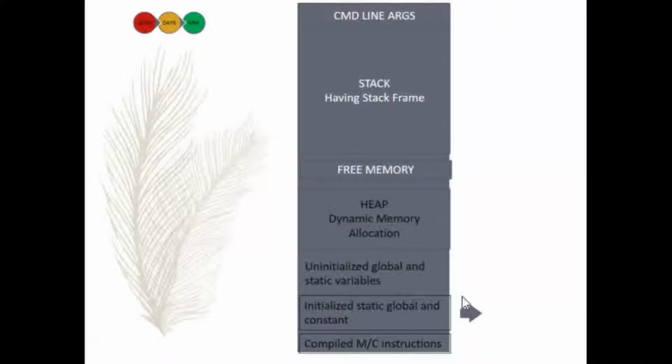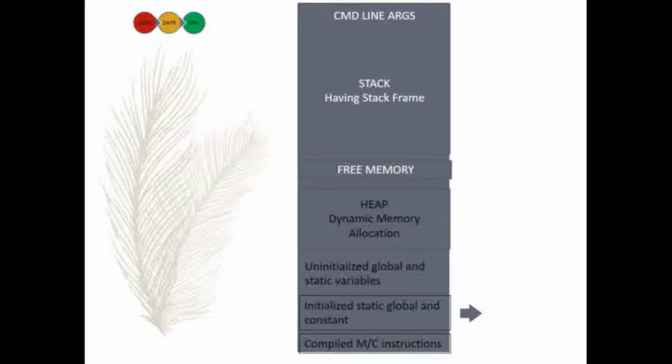Data segment contains initialized static variables, static global variables, and constants. That is, variables that are not declared inside any function and are available and accessible throughout the lifetime of the program under execution. It is further divided into two segments. Initialized read-write area, which contains initialized variables that can be manipulated during the program. Second part is initialized read-only area, which contains initialized variables that cannot be manipulated.